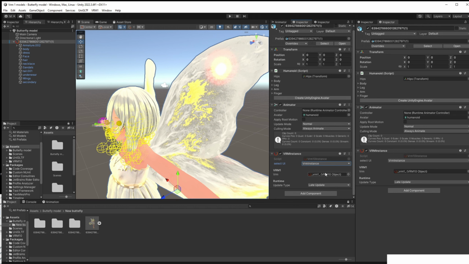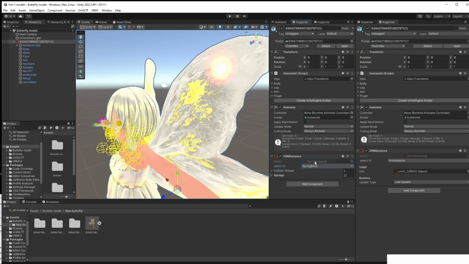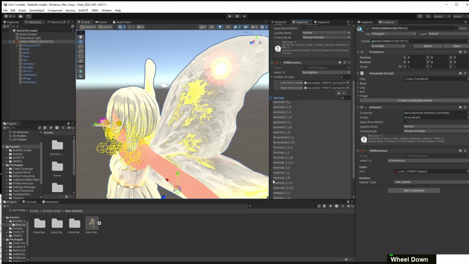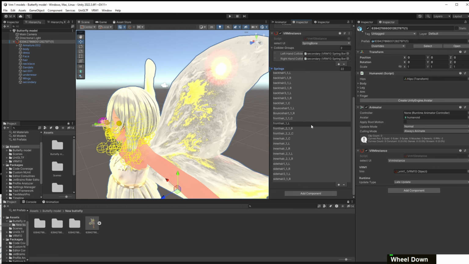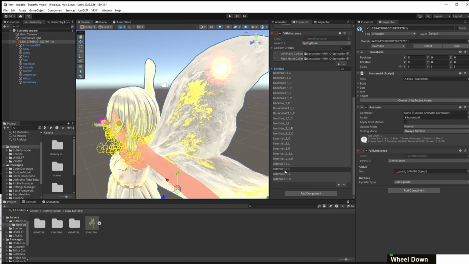So VRM instance, as you can see, it just assigns the VRM1 file, which we already extracted before. Then we have the look at UI, and you can ignore this, this UI isn't very useful. And then we have the Springbone UI. And in here we have collider groups, and we also have springs. As you can see, these are springs that are assigned to the hair, and these are colliders that are assigned to the model. So in order to add new springs, and that being wings, we will need to add a new spring. So we will click the plus button here,